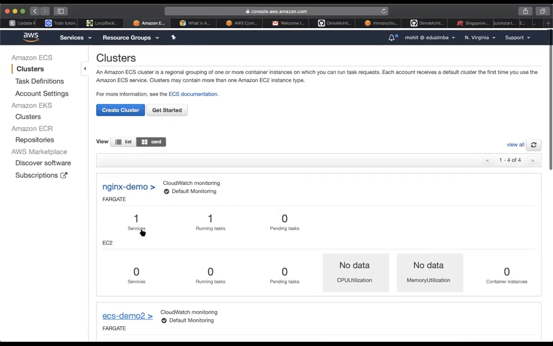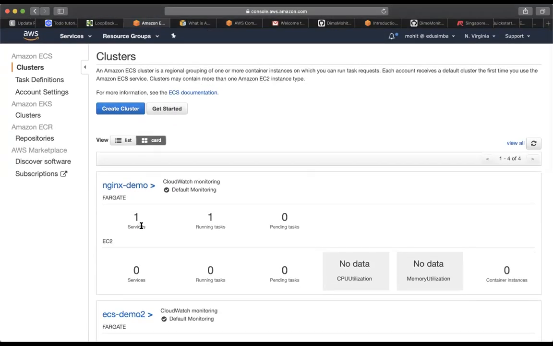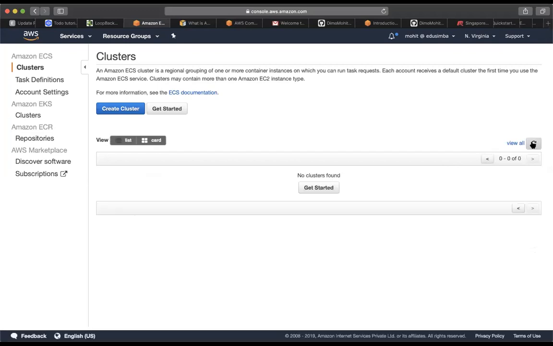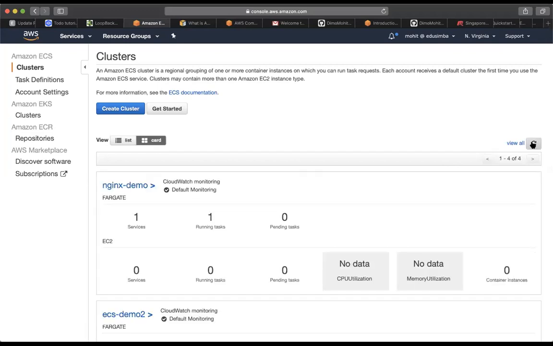Okay, so I hope we are good for today, and next session we will talk about Fargate. We'll compare Fargate and we'll also